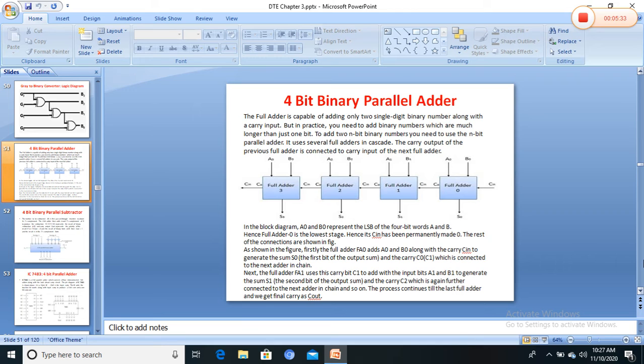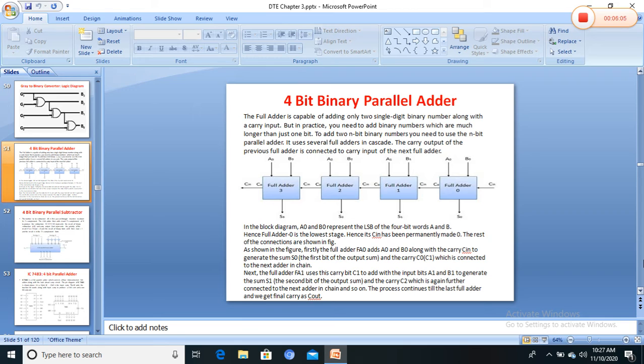A0 and B0 represent the LSB of the 4-bit words A and B, and full adder 0 is the lowest stage. First, full adder 0 is the lowest stage, hence its Cin has been connected permanently to 0, and the rest of the connection is exactly the same as in the n-bit adder. And this is a full adder for